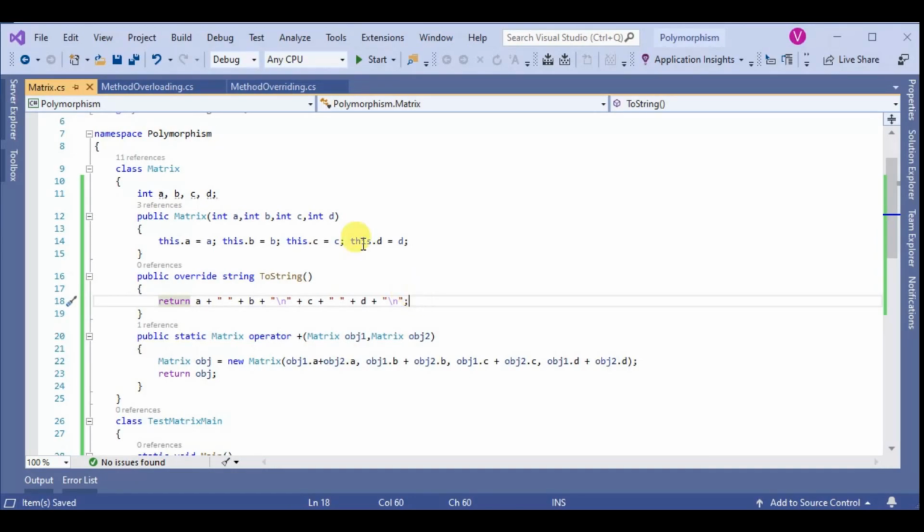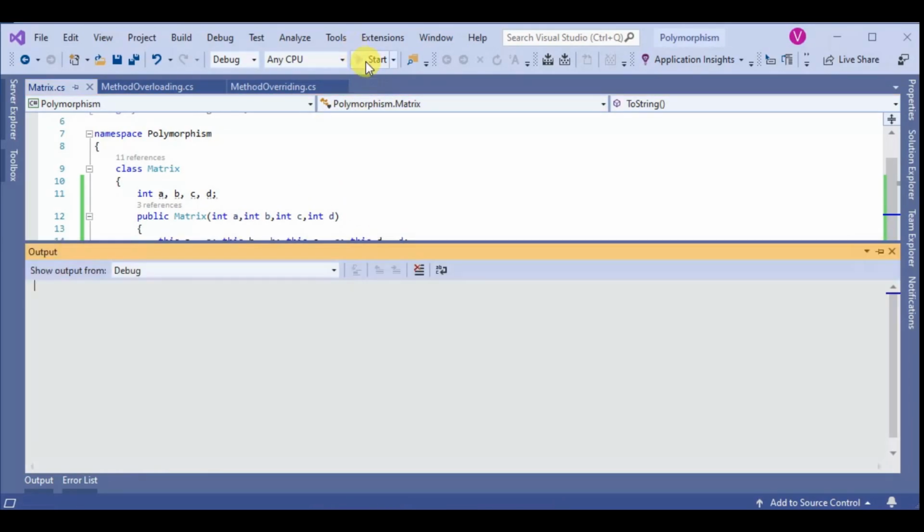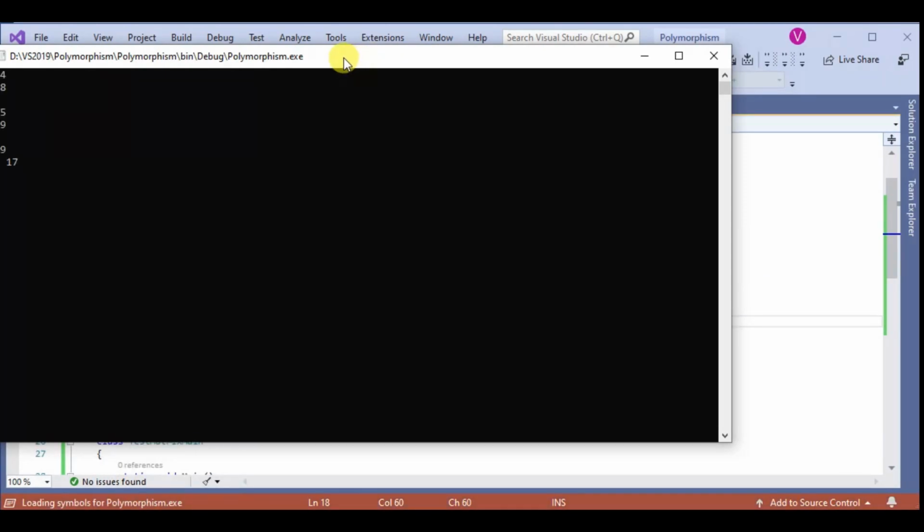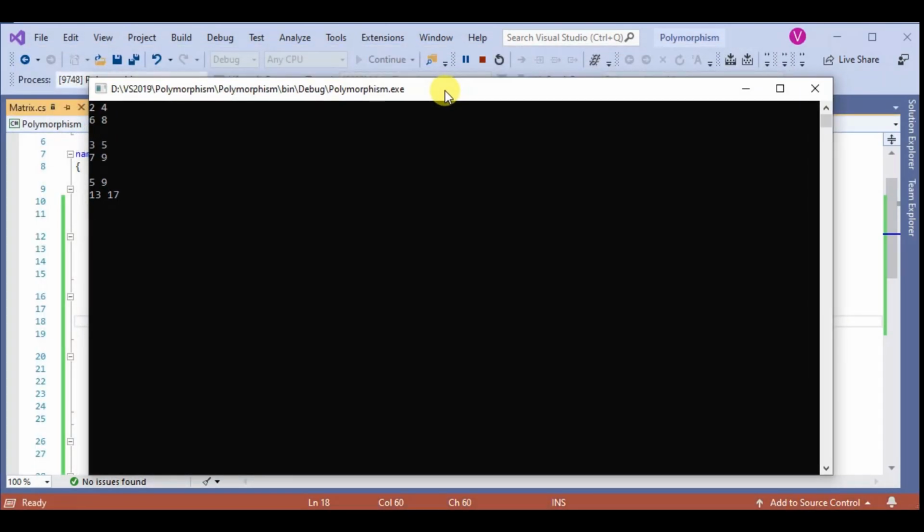Save, then run, and the output is as we expected. Right, the output is correct. This is the first 2 by 2 matrix, the second matrix, and the sum of the two matrices.